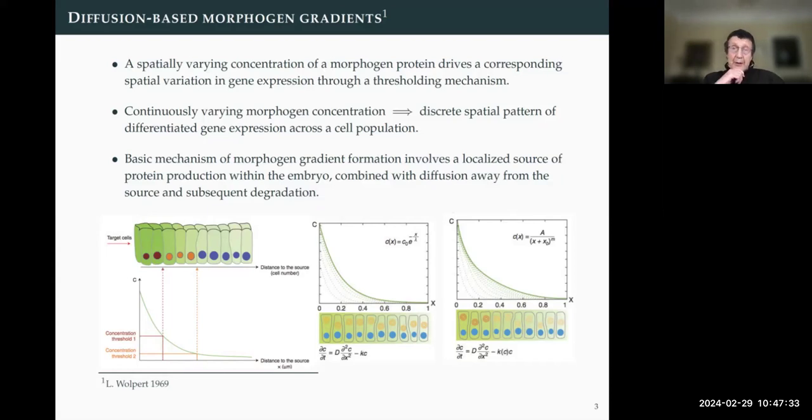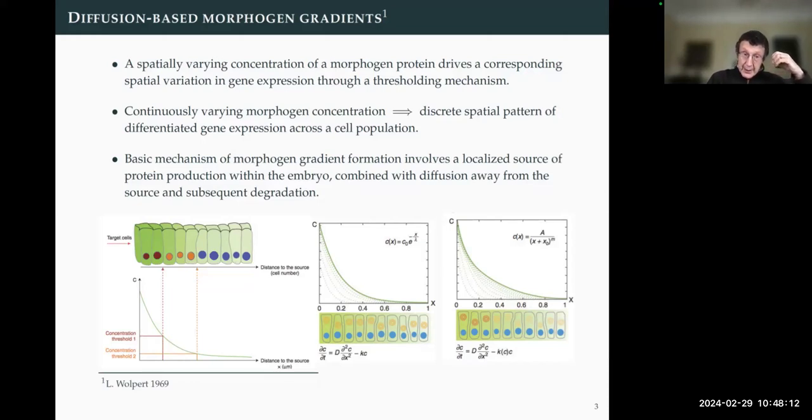I've been interested for a while now in morphogenesis, and the classical picture that comes from a fellow Brit, Lewis Wolpert, is the French flag model. As an applied mathematician, I treat an organism as just a one-dimensional line, which is already moving away from the data, but we've got a body axis, and one imagines there's a source of messenger RNA at one end of the axis that synthesizes proteins that then diffuse in the extracellular space, and as they diffuse, they attach to receptors on the surface of cells, which we can model as a degradation. And so in steady state, you get a concentration gradient.